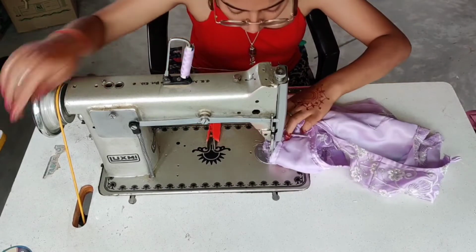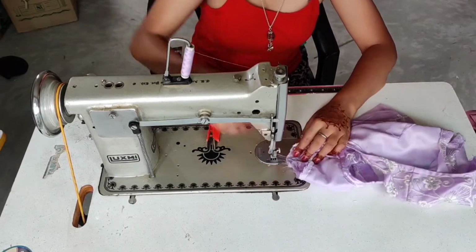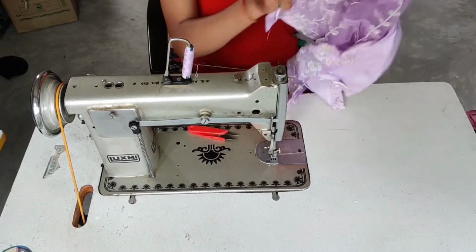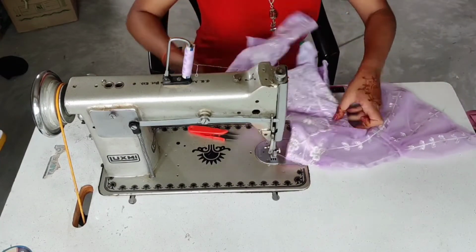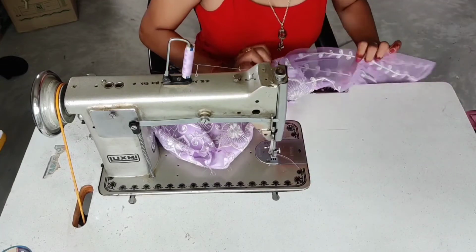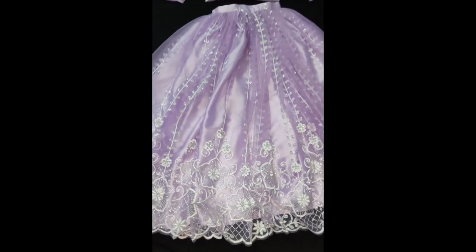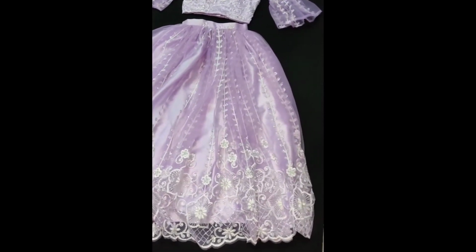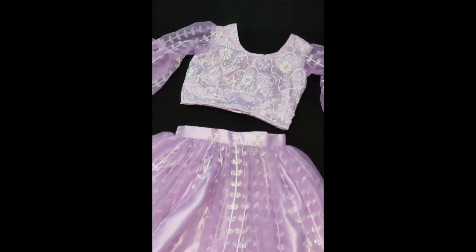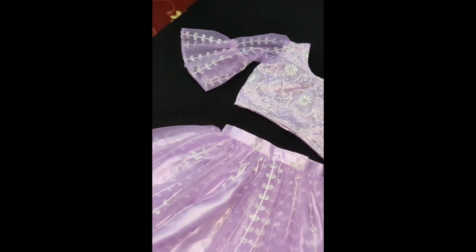Now stitching the another sleeve as well. And our outfit is almost done, and this is the final look. Our outfit is done. This is the lehenga and that's the choli. And look at the details. I really love the